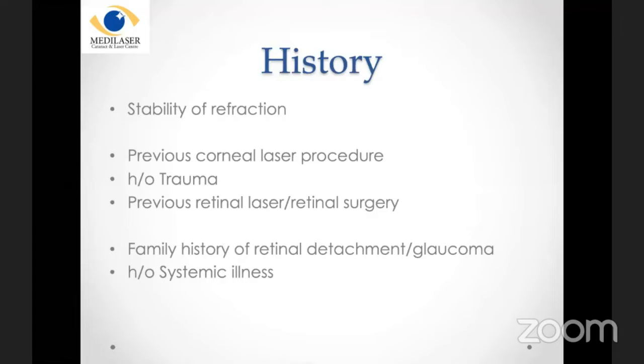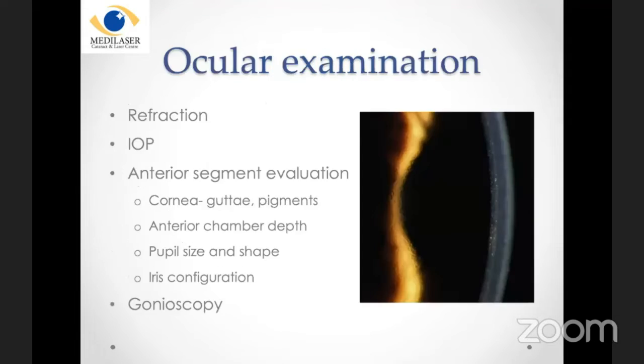A thorough history is mandatory when we are working up the case. We have to ensure that the refraction is stable, and we are looking for any previous history of any corneal laser or trauma or any coexisting ocular or systemic condition. A detailed ocular examination would necessarily start with refraction, a dilated refraction, intraocular pressure, and again ruling out ocular comorbidities like looking at the cornea in detail, looking at the angles with gonioscopy, the iris configuration and pupil shape